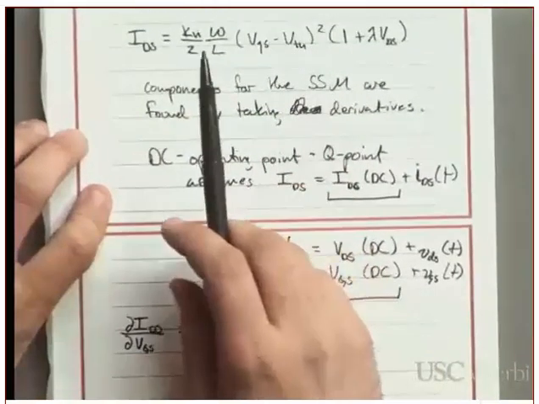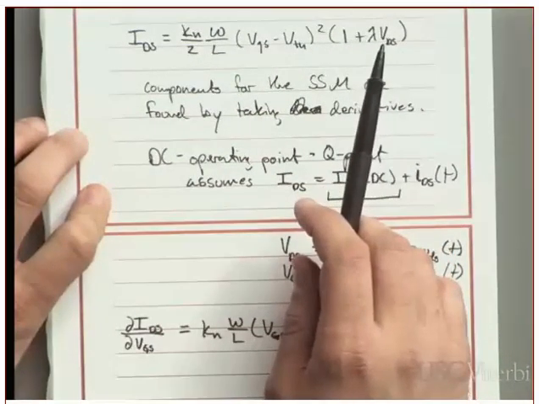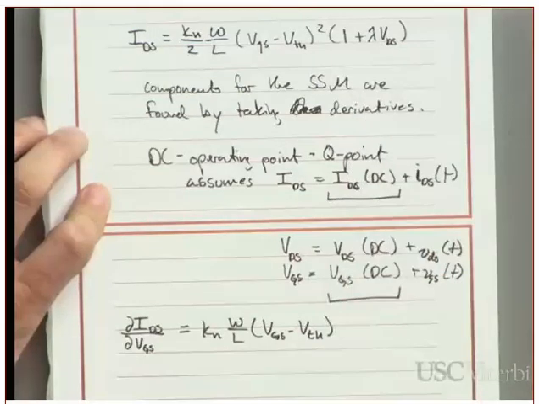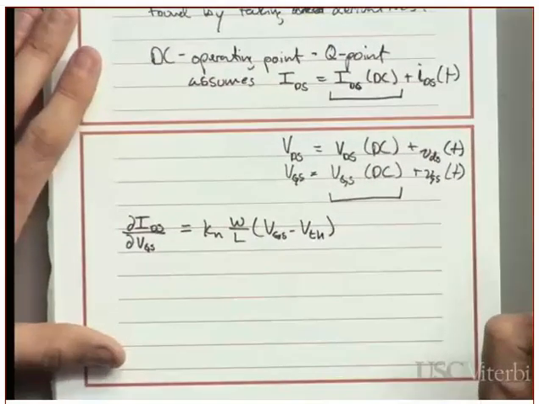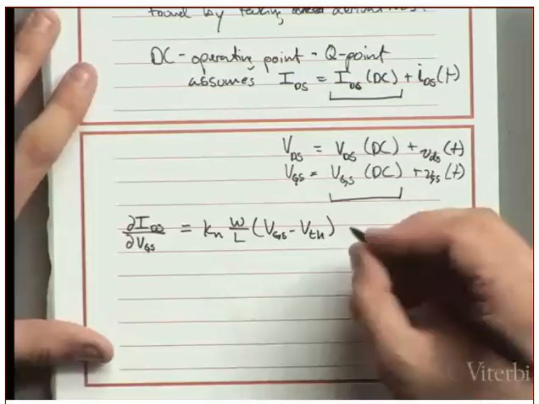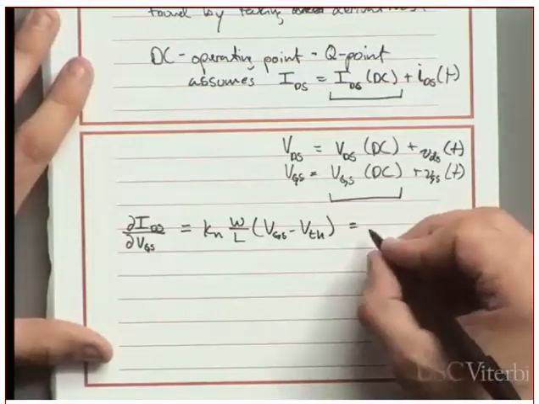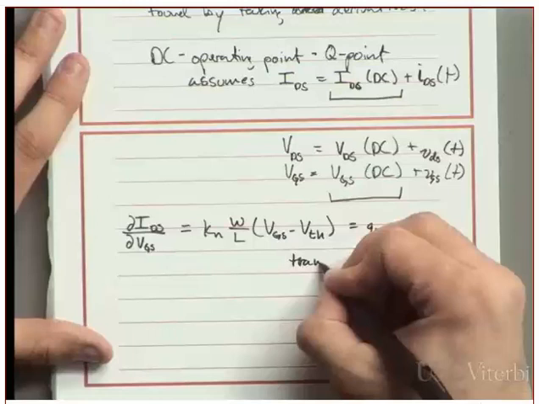So the square just comes down and cancels the 2, and then this part goes away because VDS is considered not to vary in this case. So that we usually call gm, and that is its transconductance,